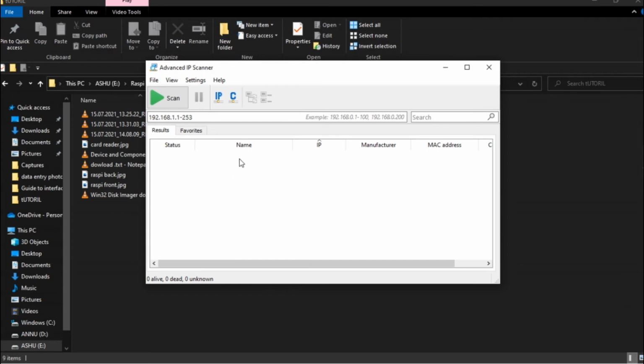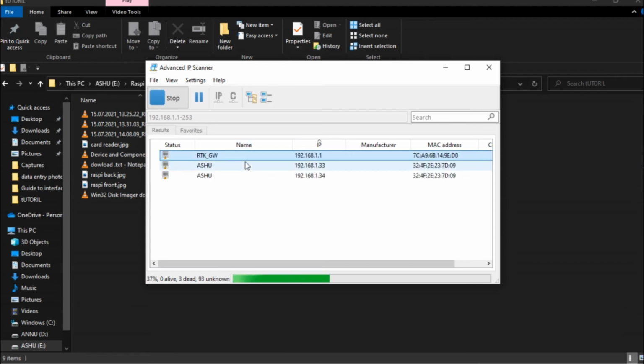If not, then you have to reconfigure that WPA supplicant file and paste it again in the same boot folder using the card reader. After that, you need to scan. The number should be the same, 192.168, same as it is here. The name by default is Raspberry Pi Foundation.